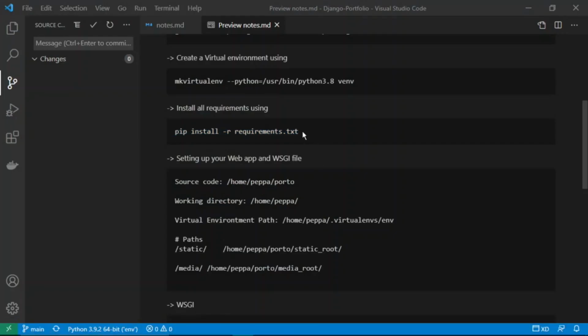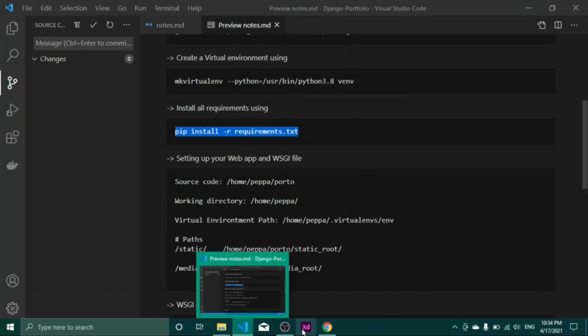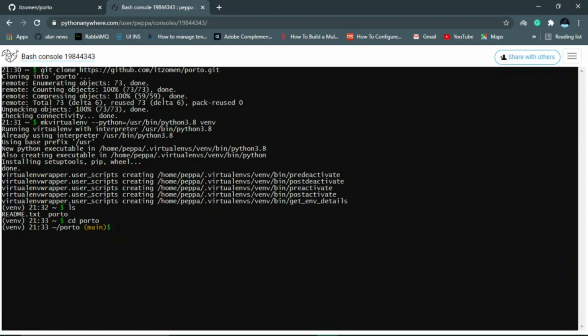I'm just going to copy this command now. And well, let's just list the files that I found here. As you can see here, I have my app called John. I have the manage.py. Then I have portfolio, the name of my project. Then now the requirements.txt. Make sure to run this command in the directory that has your requirements.txt, because what this